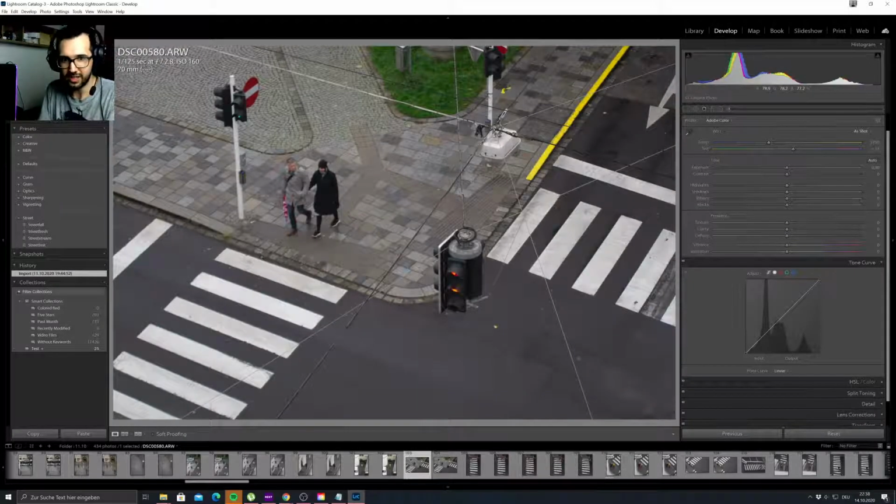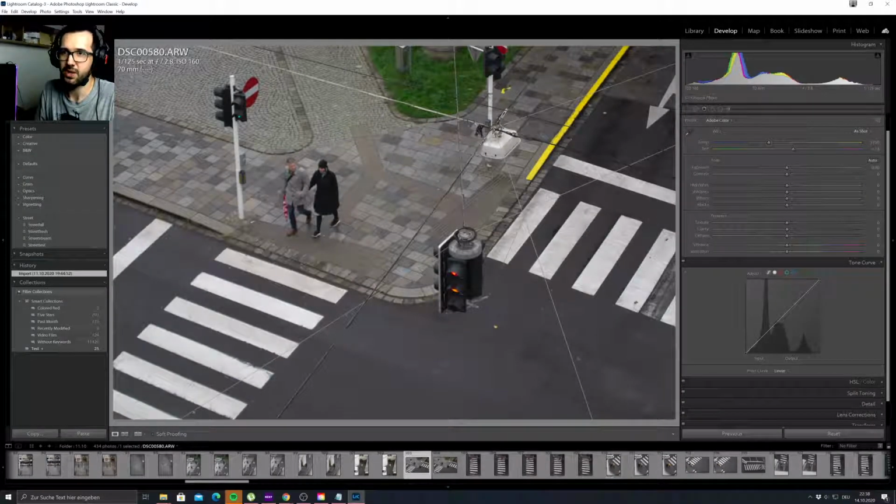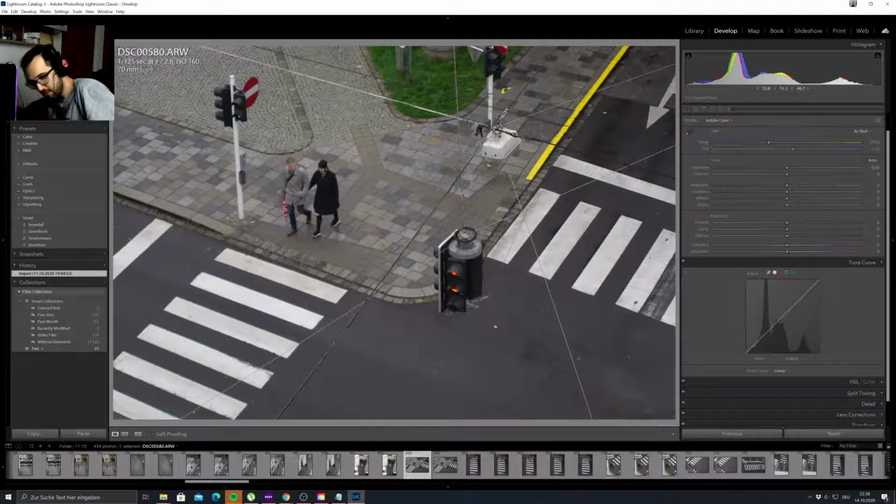Still don't know how to edit this shot, but maybe. As you can see, I took this on a 70mm, so mostly I shoot on 70 to 200 in the streets. Ah, military stuff, okay. I'm using the... just a moment. I got my camera here, because I imported the shot, so...